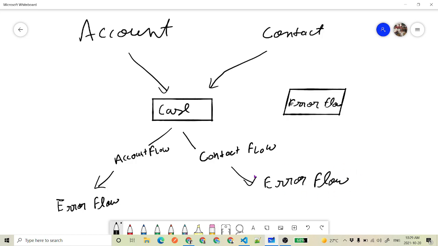And then we will have one more flow which is going to be the error flow, because we have seen that there are multiple cases where we wanted to display the error message. So for that we will create one more flow which will just display the error message. So now we have one component for case, one component for error, and then two components, one for contact and one for account. So we are going to create four flow builders in total, and then we will see how to use the subflows on the parent component, which will be either account or contact.